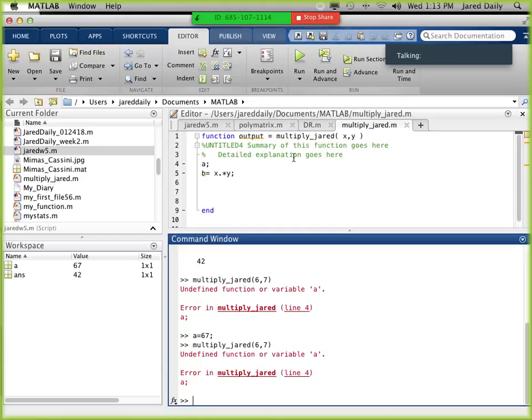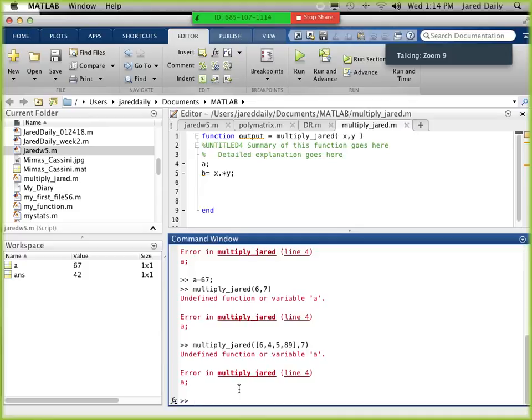So let's take a look at another one here. Of course, with this one that we just built, we can plug in arrays. It understands that you can plug in an array. So if I want to plug in an array of numbers in my first one here, 6, 4, 5, 89 or whatever, I can do that. And I can do an array for the second one too, but I can also leave it as a number. And if I go ahead and plug these in and hit enter,